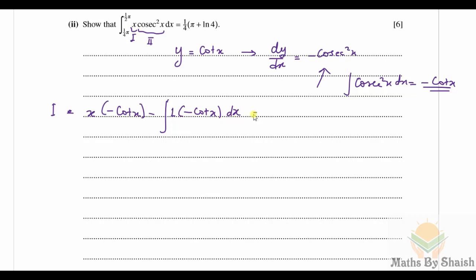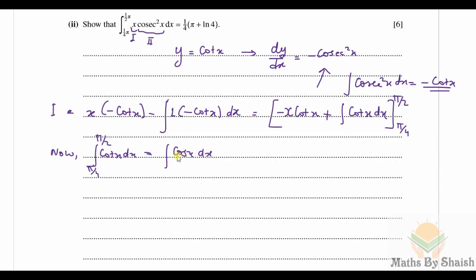So we can rewrite it again. It is going to be minus x cot x, plus the integration of cot x dx. The limits will be everywhere the same, that is pi by 4 to pi by 2. And now we are going to separately solve the integration of cot x dx. Now the integration of cot x dx from pi by 4 to pi by 2 is going to be again written as